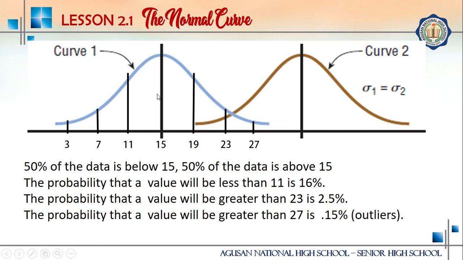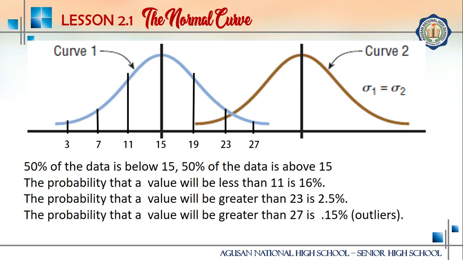And notice that 50% of the data is below 15. So this is below 15, which is 50% plus the 47.5%, which is 97.5%. So therefore, the probability that a value will be greater than 23 is